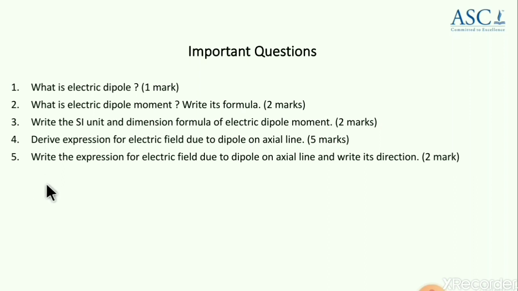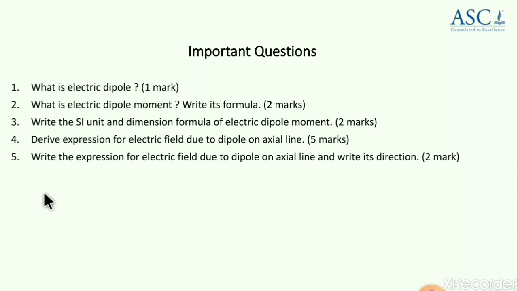6th question: what is the net charge on an electric dipole? It will be 0, because charge is a scalar and charges are additive. You can write that the net charge on the dipole is 0, because of plus q and minus q, so both get added up, giving you 0. Similarly, net force is also 0. The force exerted by one on the other will also get cancelled and you will end up getting 0. But the electric field due to both the charges will not become equal to 0.